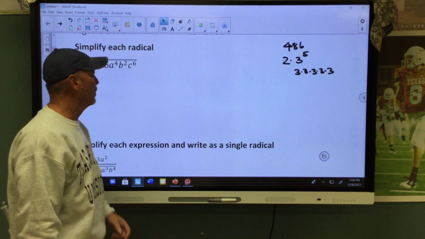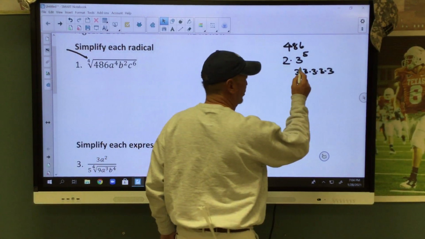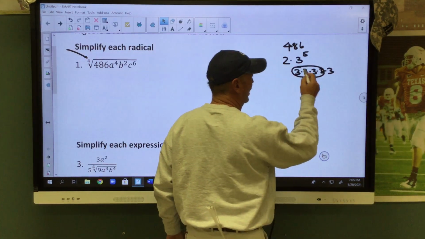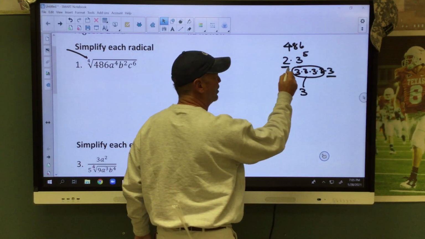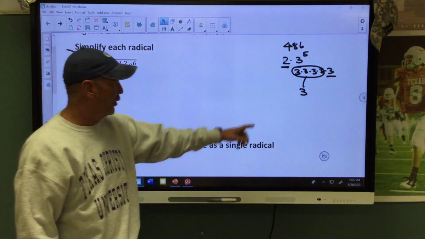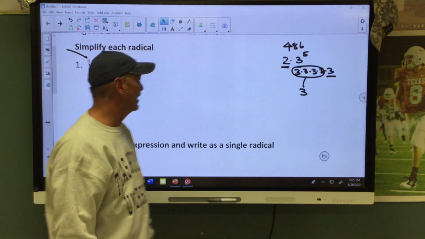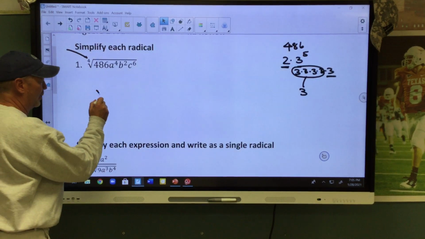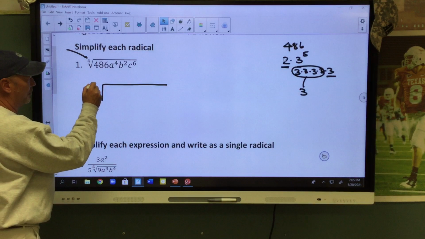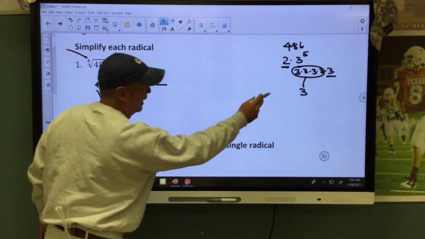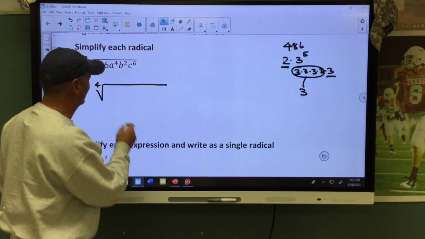But what are we looking for? We're looking for groups of 4 because we're taking the 4th root. That means we would circle 1, 2, 3, 4. A 3 would come out. 1, 3, and 1, 2 would stay inside. A 3 is out, but 2 times 3, 6 is inside. So we're going to drop down. We're going to say that we're dealing with the 4th root. We said that we have a 3 on the outside, and we said we're going to have 6 on the